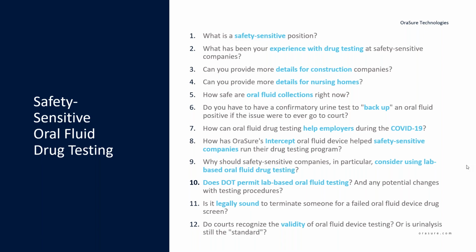Okay. And that brings us to a question. We have 2 questions from the audience that I want to insert because they sort of relate to what you were just talking about. So the first one is, and I'll take a stab at this one. The first one was related to state drug testing laws. And then the second part of it was the DOT regulations. So on the state drug testing laws part,